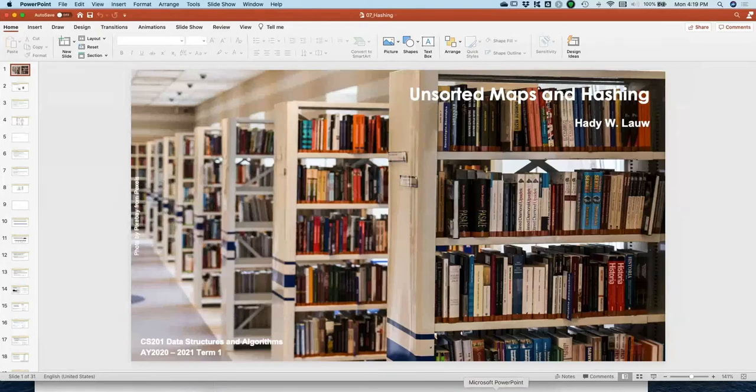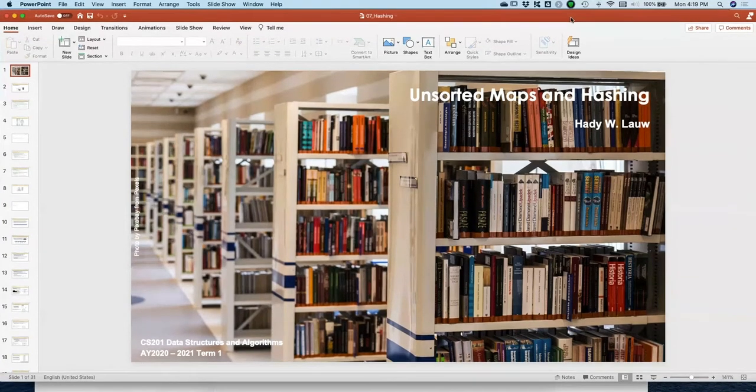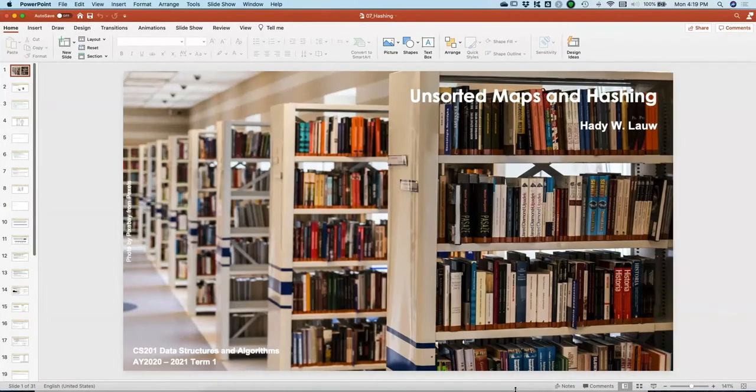For the next part, we're actually going to take a step back to the maps, and technically, we are going to revisit the implementation of a map, and we are looking at the cases where we have a simpler requirement that instead of having to keep it in a sorted order, maybe if we just know how to find elements